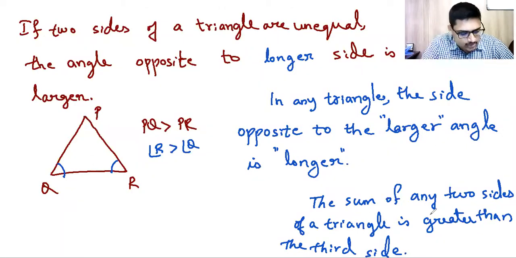Okay, so I'll just tell you what you have under triangles for your 10th. Basically similarity comes into the picture over here. So similar triangles, similar figures. Whatever we spoke of congruent figures and congruent triangles, here similar figures and similar triangles will come into the picture. Then for similarity of triangles, what is the criteria? The first part you studied in 9th is congruence of triangles. Here you will be studying similarity of triangles.